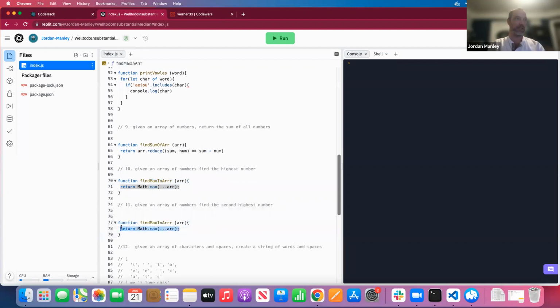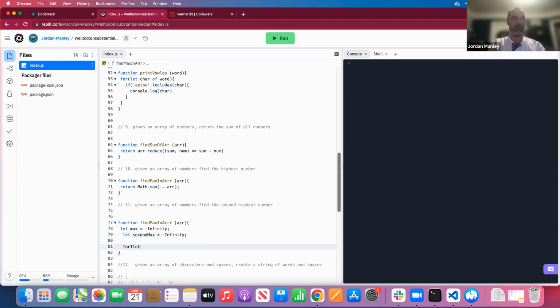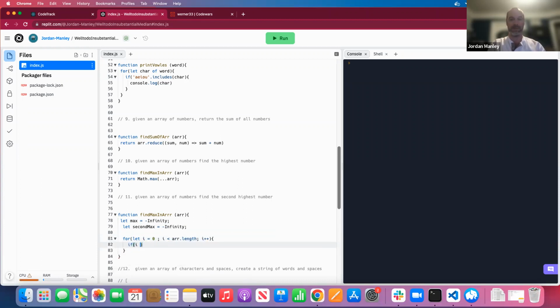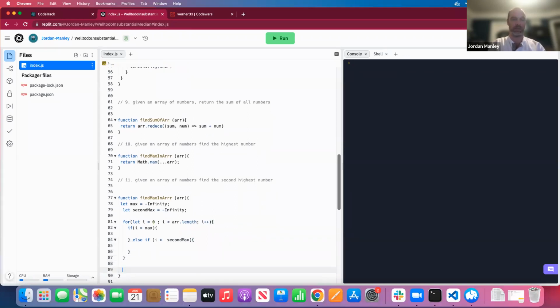So here we'll say let max equals negative infinity. Let second max equals negative infinity. Gotta try and be fast. Let i equals 0, i is less than array dot length, i plus plus. If array i is greater than max, else if it is greater than second max. Here we're going to want to finish our loop and then we want to return